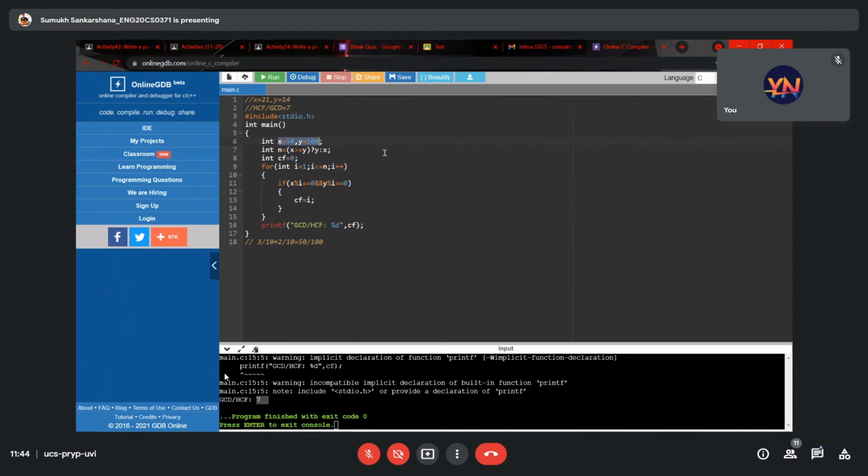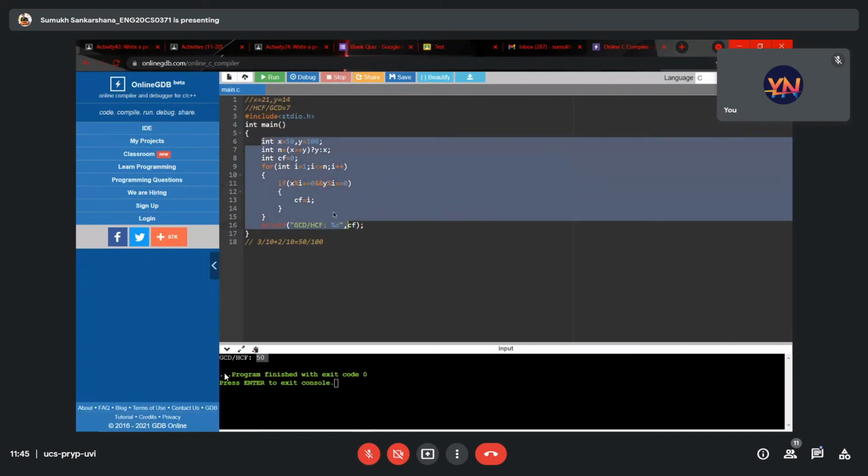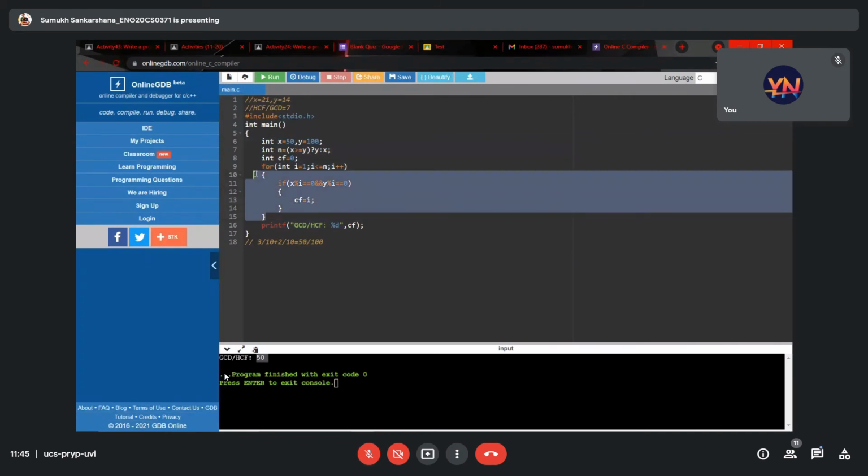Yeah, so which is the highest common factor over here? So 50. Yeah. So I should get my highest common factor as 50 here. So you can see I got my highest common factor as 50. So I think Rituraj got an idea of how exactly we do it. You just have to find the GCD and divide by it. You understood how to find the GCD, right, Rituraj? Yes. Cool.